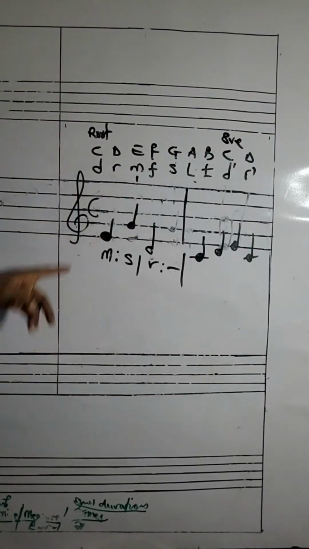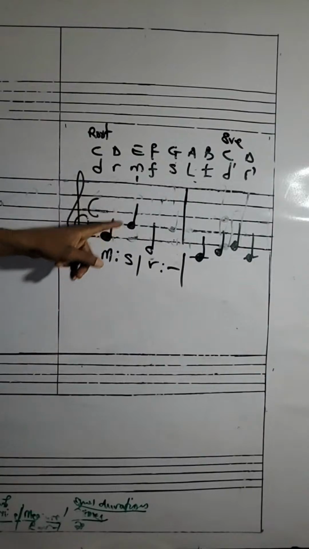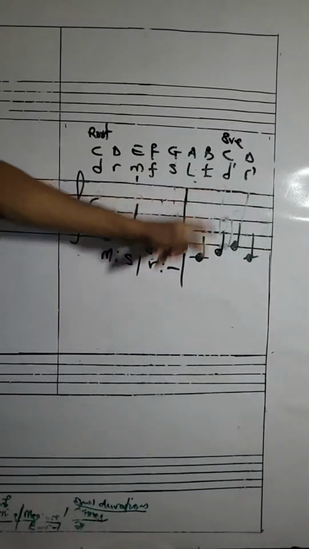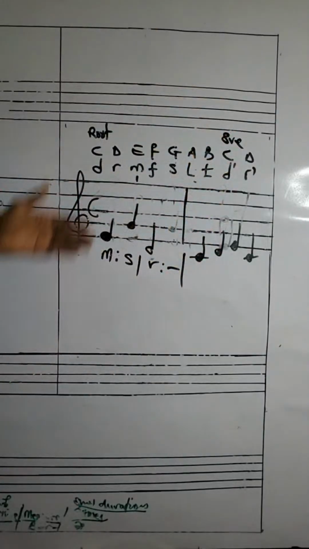Now the exercise has in the first bar 3 notes, and in the second bar 4 notes. 2 quarter notes, and then